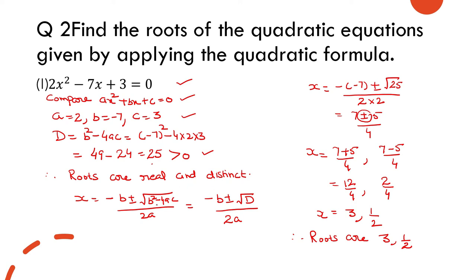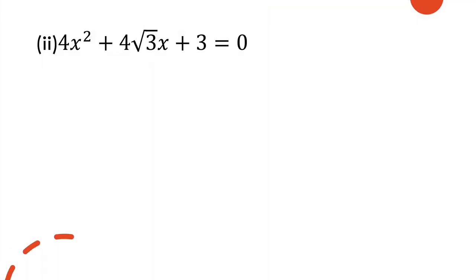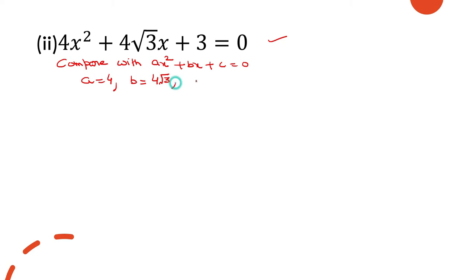तो x की वैल्यू हमारे पास क्वाड्रेटिक फॉर्मूला अप्लाई करके आएगी, तो वो है x इज इक्वल टू माइनस b प्लस माइनस रूट b स्क्वायर माइनस 4ac अपॉन 2a. Substituting the values, we get the answer. Let's do one more question. So here again, it's already in standard form. Now compare with ax square plus bx plus c is equal to 0. So here a is 4, b is equal to 4 root 3 and c is 3.